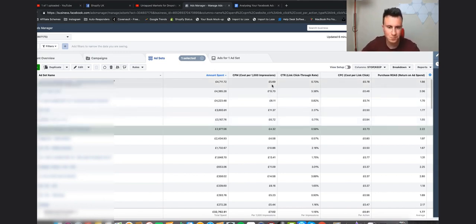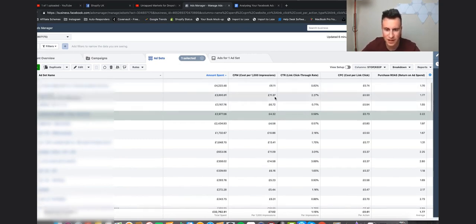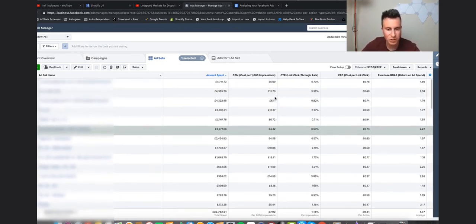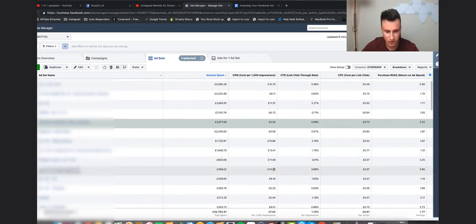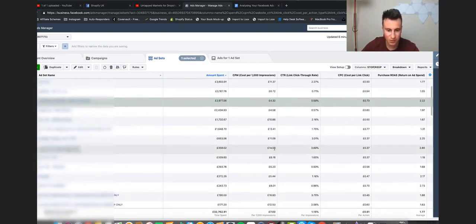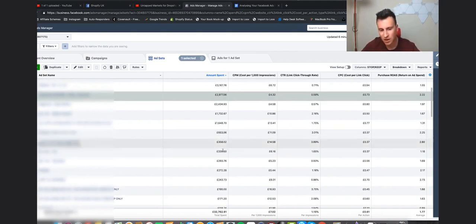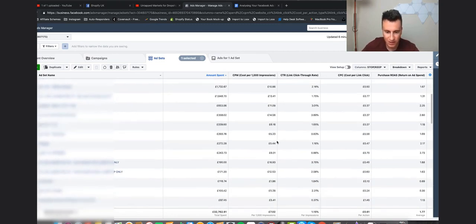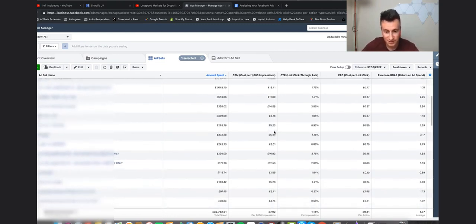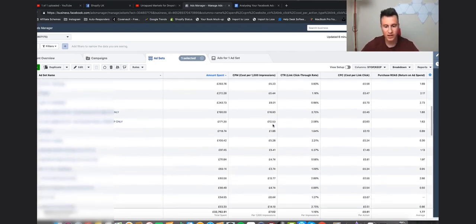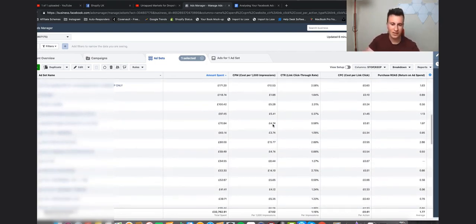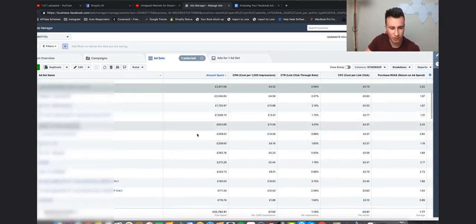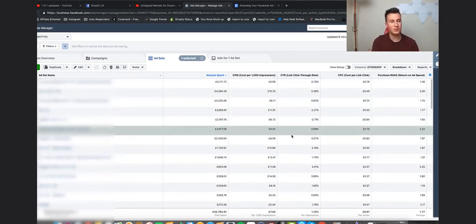So we'll just scroll through then. I've got 569, 1570. So you can see on average it's pretty much above £10, especially from this point upwards. And then as we start to get below this point, it's always around this mark, so that's a sweet spot for this niche. Then as we get below that, you can see it's fairly consistently a lot cheaper. So that confirms my suspicions that once you spend around this sweet spot, Facebook starts showing your ads to a high quality audience, and therefore you start to get better results. So with that being said,